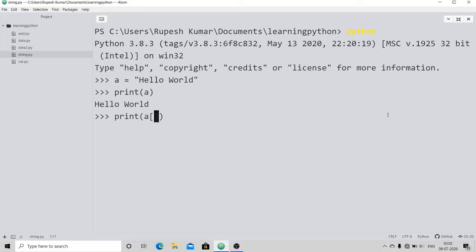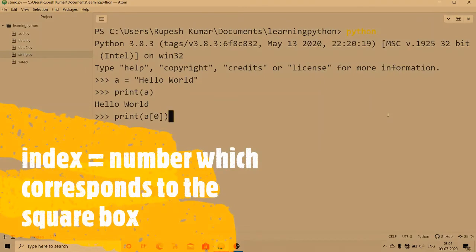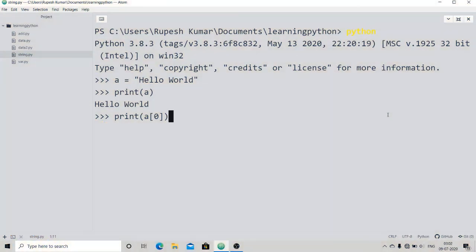As the H has been stored in the first square box, and my numbering starts with 0, I am going to write the index as 0. That means the index of the square box in which the H has been stored is 0. If you print A[0], you are going to get the H.